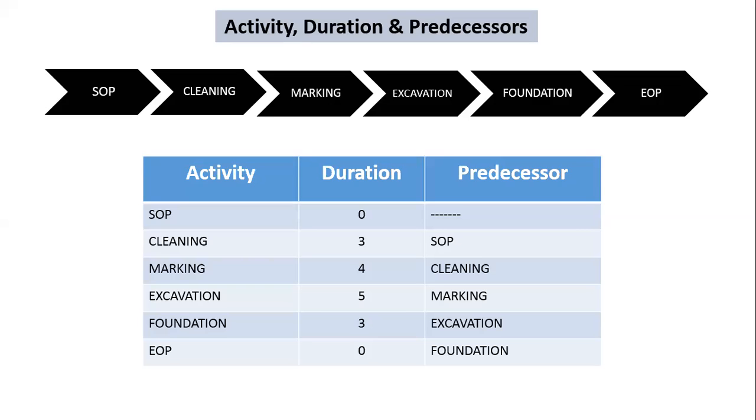Okay. After start of project, see here we are considering some of the activities at site until the erection of this foundation, from cleaning of the site. Consider we have a 30-40 site nearby. We start the project with the cleaning.